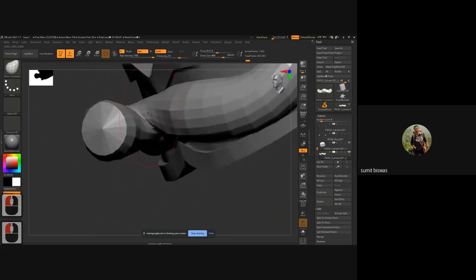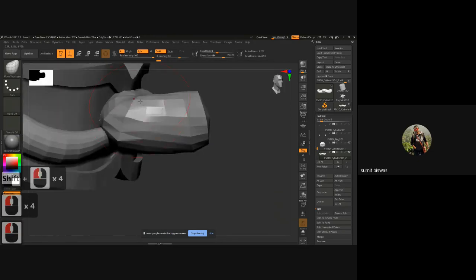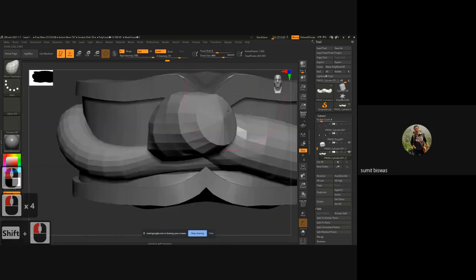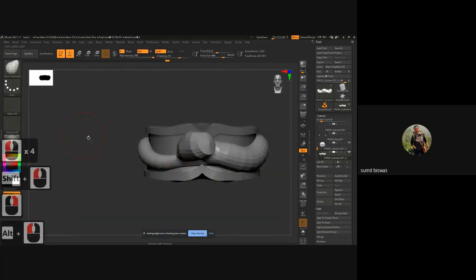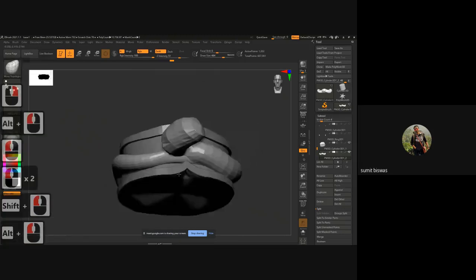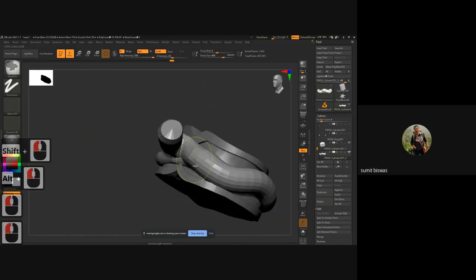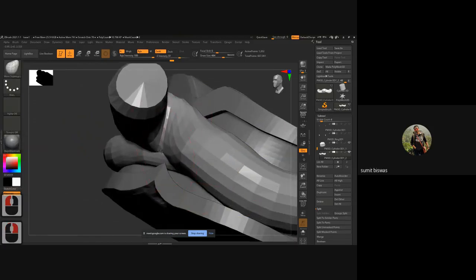increasing the thickness, smooth it slightly. The head part is quite big and thick, and check it from all the angles and shape it properly.